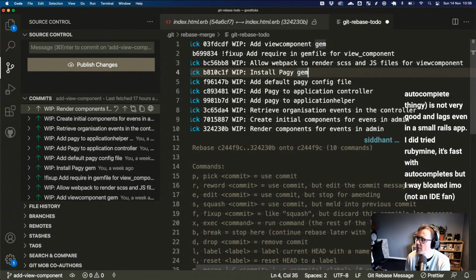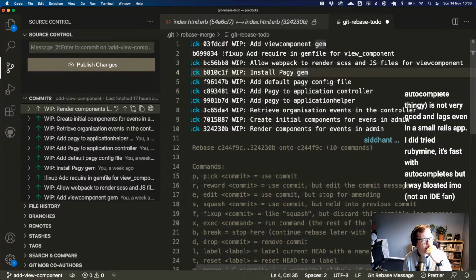I use NeoVim for most of my development, but the Ruby language server autocomplete is not very good. I did try Ruby environment. It's fast with the autocompletes, but way too bloated in my opinion. Yeah, the autocomplete stuff. There are things in VS Code that can do more of that work.